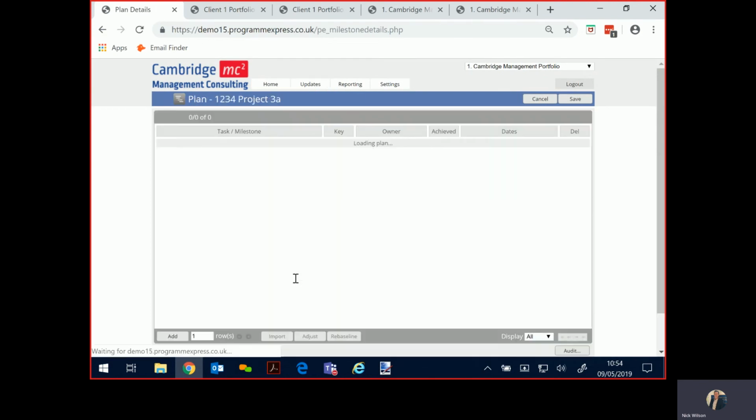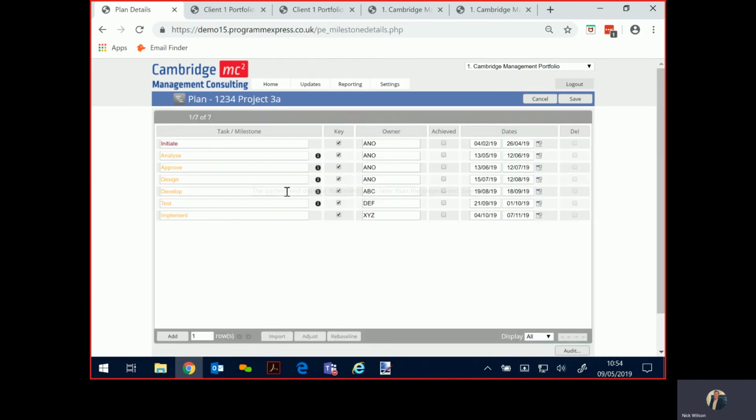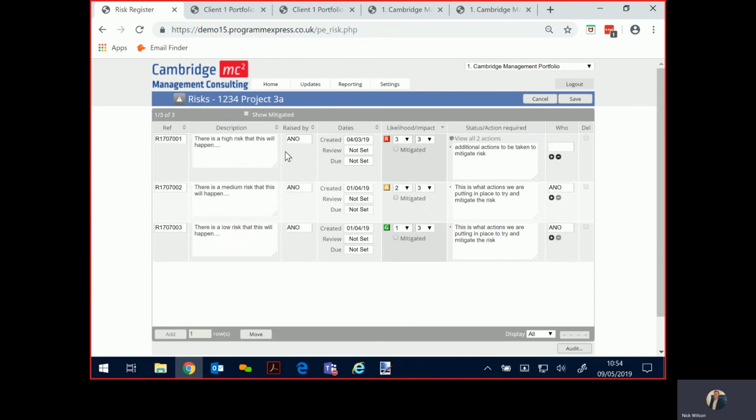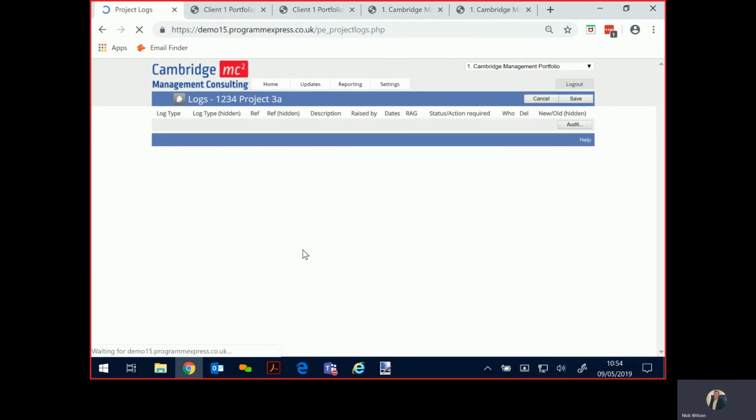We go to the plan, we make an update, we have a look at the plan, and we can have a look at the health of it. We can make changes, additions, deletions to the plan, as you would. We can move through to the risk register, and you'll see here that we've got your likelihoods and impacts. Will show what the RAG status is of those, so typical and simple risk register, and then update our logs,